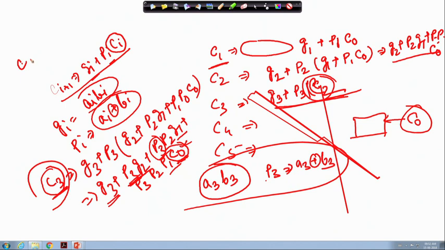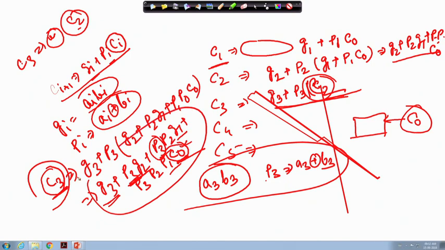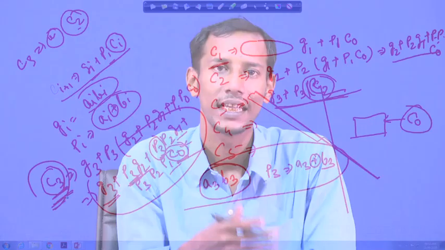In a ripple carry adder, C3 cannot be computed unless C2 is available, and C2 cannot be calculated unless C1 is available. Once the computation of C1 is over, only then can I calculate C2. So I have to wait, but here I do not have to wait, because C0 is already available and all these signals are available at that time. By that we decrease the propagation delay in the carry look ahead adder. But at what cost?